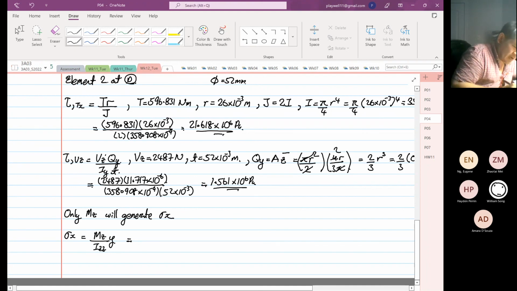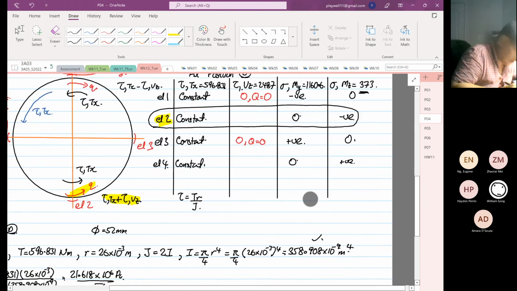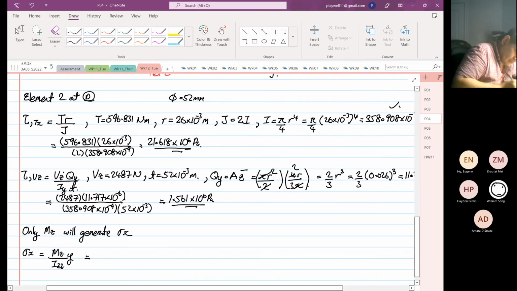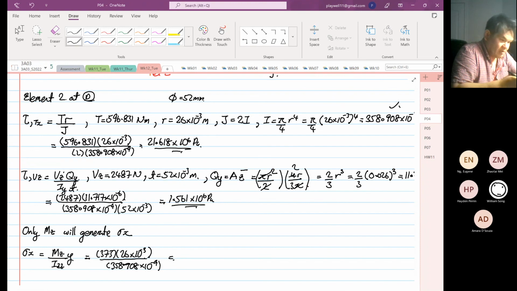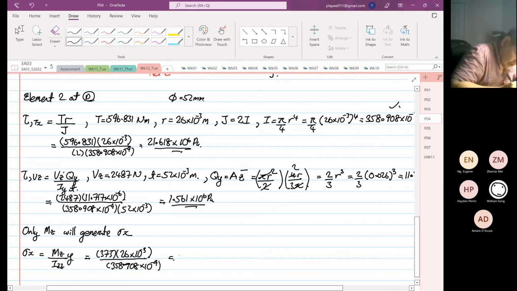We know that Mz is given to us as 373. The radius is 26 millimeters. Izz is equal to 358.908 times 10 to the power minus 9. So it's equal to 373 times 26 times 10 to the power minus 3, divided by 358.908 times 10 to the power minus 9. It's equal to 27.020, or 27 times 10 to the power 6 Pascal. Okay. So now